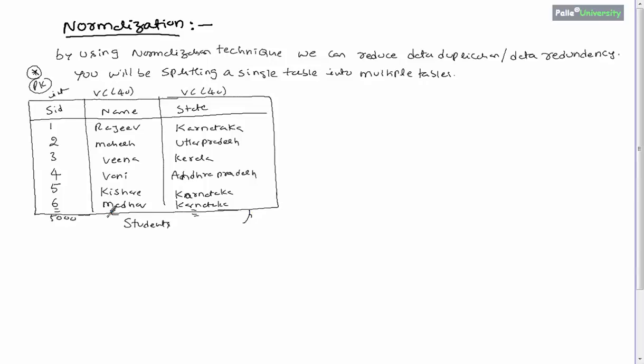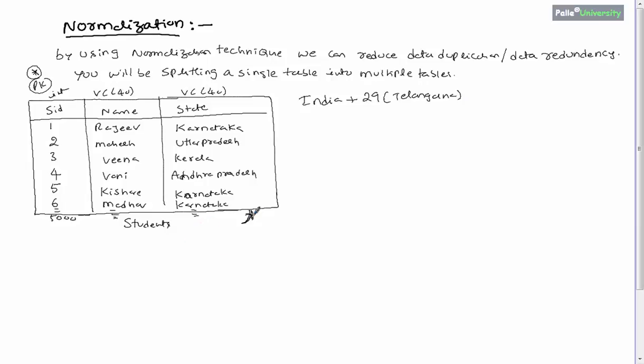Let us say there can be one more Rajiv in the students table, but anyhow names are unpredictable data. But in case of states, you tell me how many states are available in India? 29 states, including the new state, Telangana. So definitely in this column these 29 state names will be repeated, right?